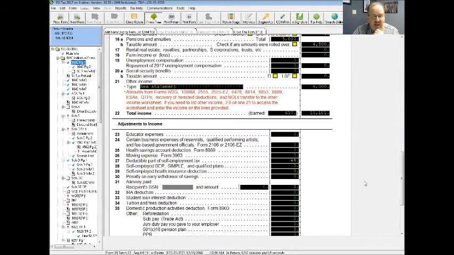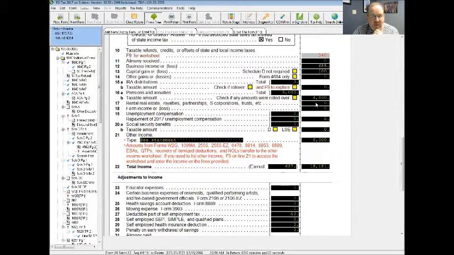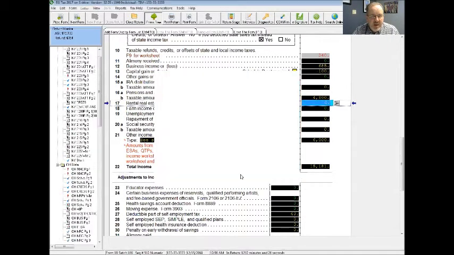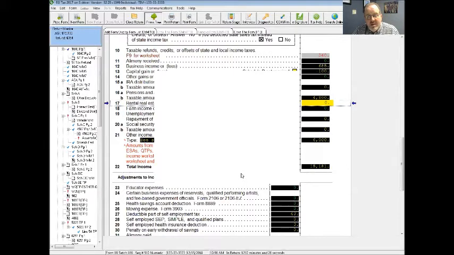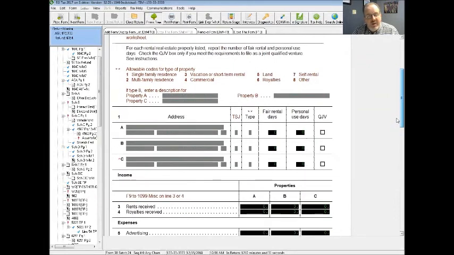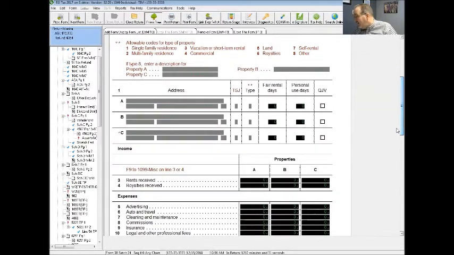Let's see here, Schedule E. I forgot I skipped over there, sorry. All right, so we got rental property. Now, here's the deal, and I don't know if anybody's done this yet. I did have one person that took the final that did end up doing it, and basically I said to him, really the only option for you right now is to delete your Schedule E and start all over, okay? What I mean is that when you go into Schedule E, and especially starting here,